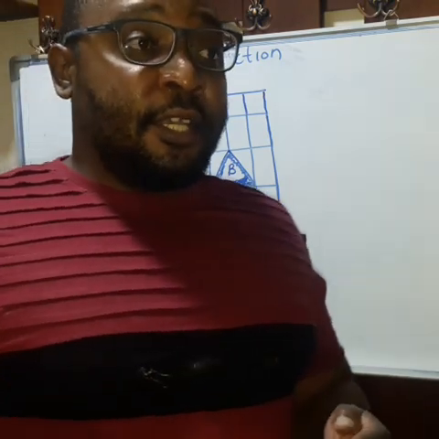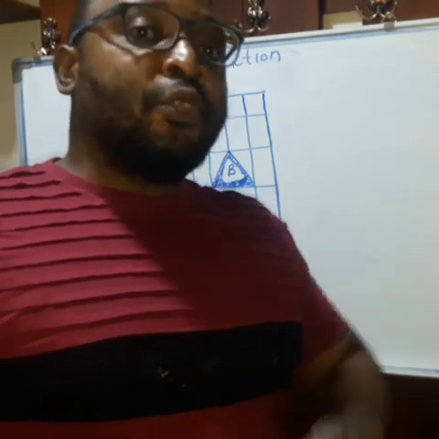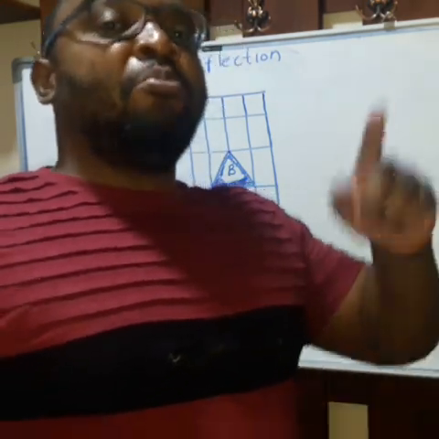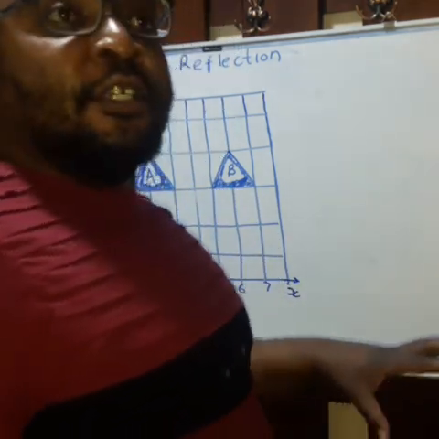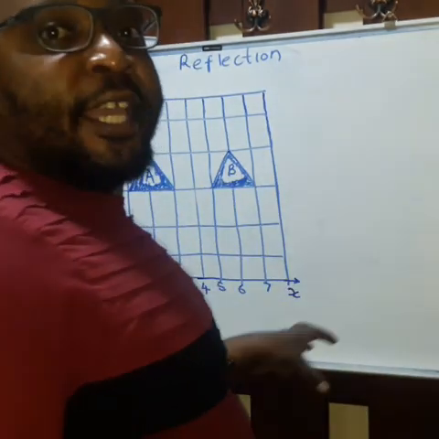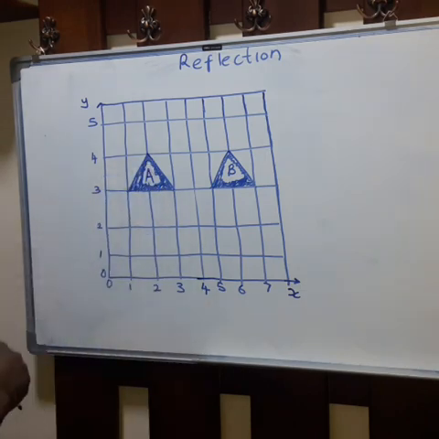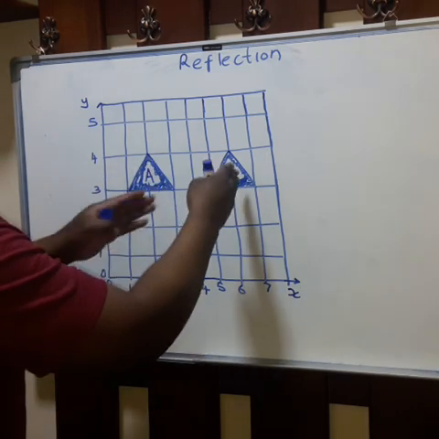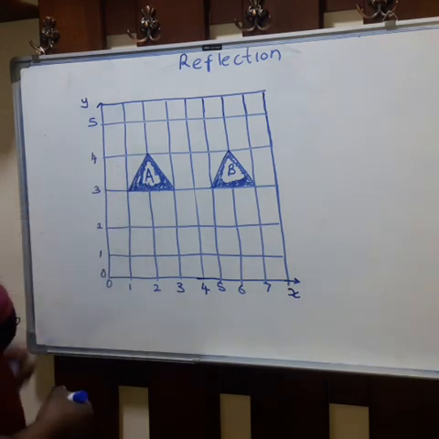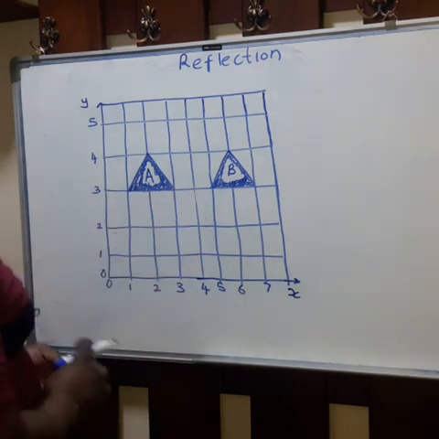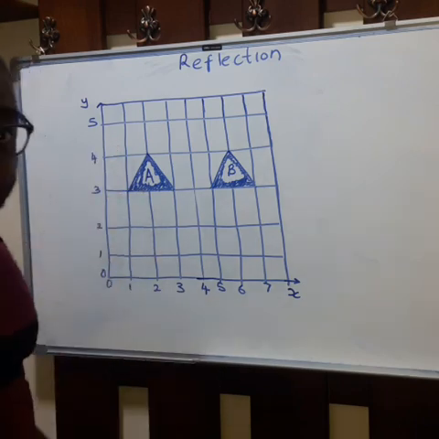So the distance from where you are to the mirror is also equal to the distance your image is behind the mirror. Okay, so basically we want to translate the real life situation onto a Cartesian plane. Let us say we've got shape A and its image is shape B. We need to put the coordinates for shape A. We also need to put the coordinates for shape B. We also need to identify the mirror line.